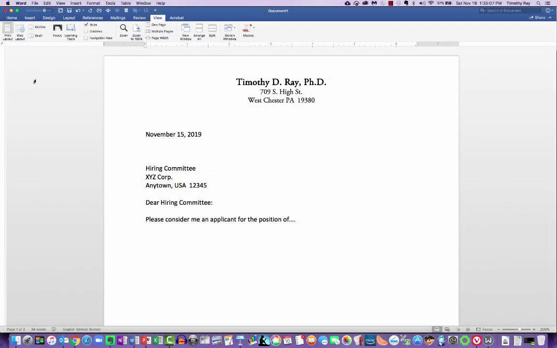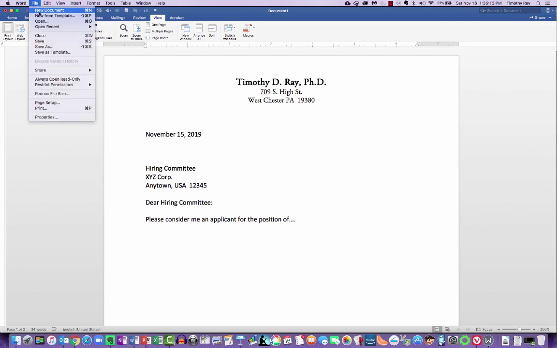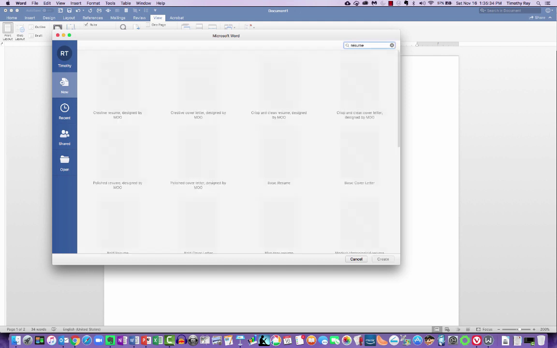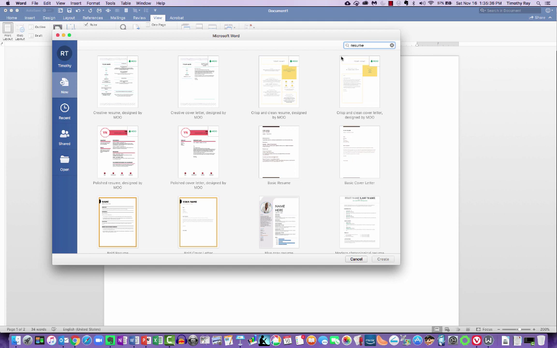resumes in general. Okay, so here I am in Microsoft Word where I was working on that letter, and I'm going to go to File, this time New Document from Template, because there are a number of templates that you can use for this assignment, and I'm going to use them right now because it's quick and easy to see the document without me having to create it from scratch. So I'm just going to go up here and search resume, see what comes up,